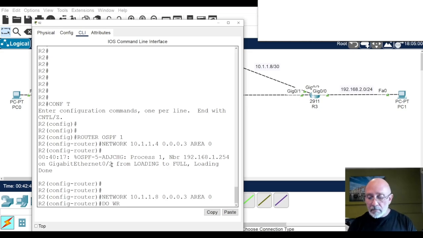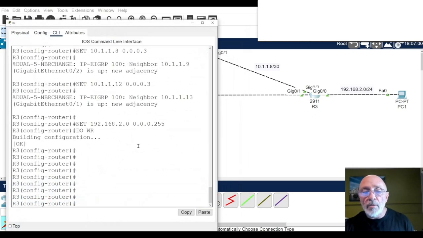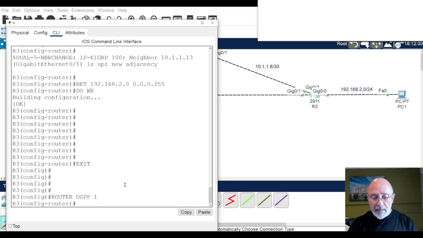Cool. Done with that. And now we're going to go into router 3. Let's exit here, and we'll do router OSPF 1 network, let's do the 210s, 10.1.1.8 0.0.0.3 area 0.